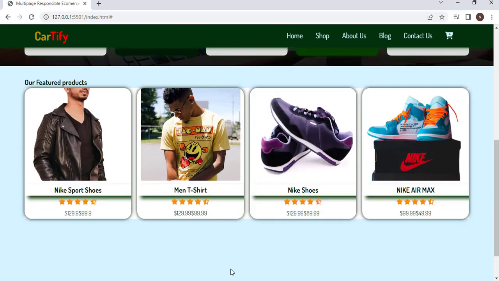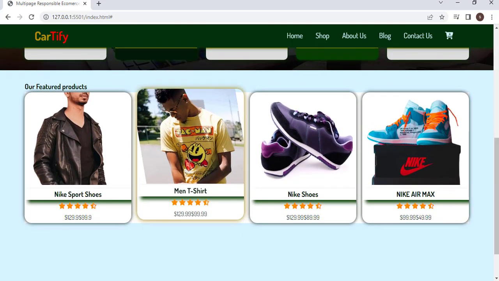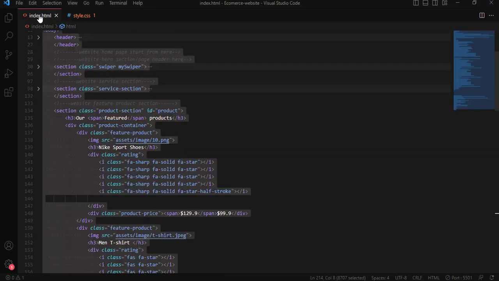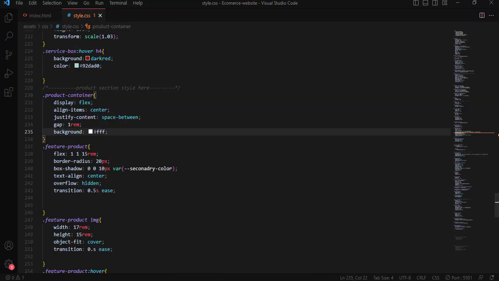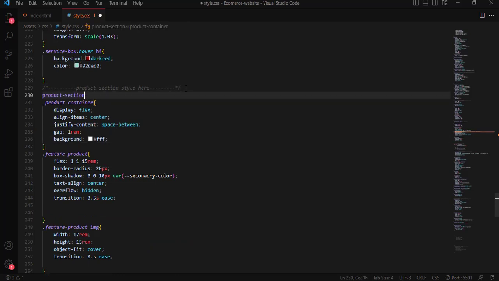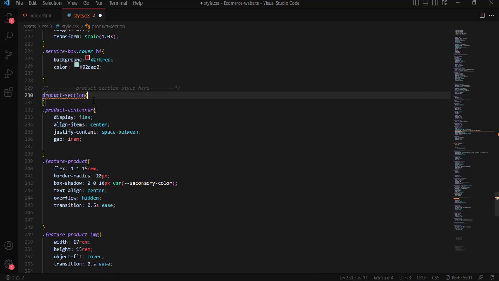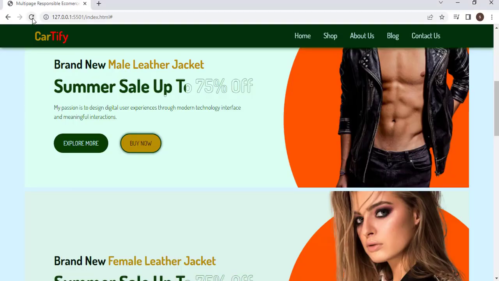Here we have, it's ugly, right? So now we are going to change the background for this section into white. So to do this, we use this class selector product section, right? And product section, and then cut out this background color and paste right here. That's it. So when I save and refresh the web page,